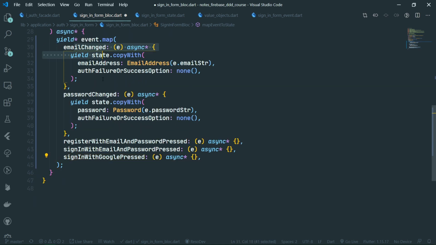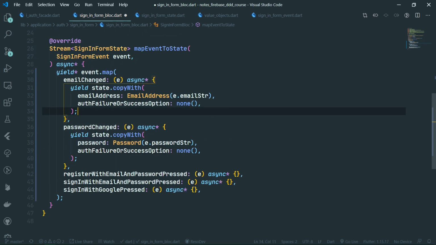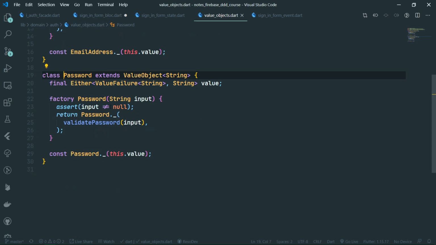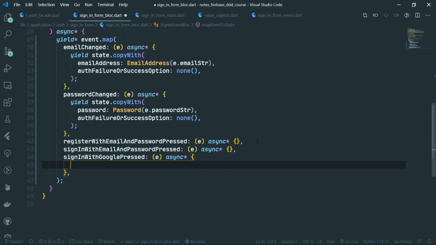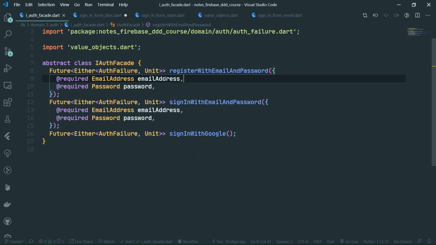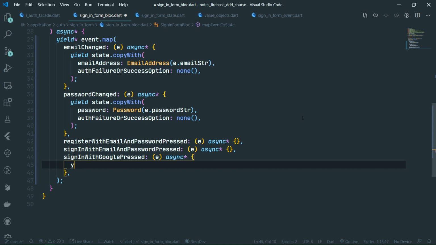While these email changed and password changed events practically delegated all of the logic to the validation which happens inside the value objects, this sign in with Google pressed event will actually perform some logic itself. What we need to do is to first indicate that the form is being submitted, and then we're going to use the IAuth facade, which we have an instance right over here, to actually call the method sign in with Google. So let's first go ahead and indicate by yielding